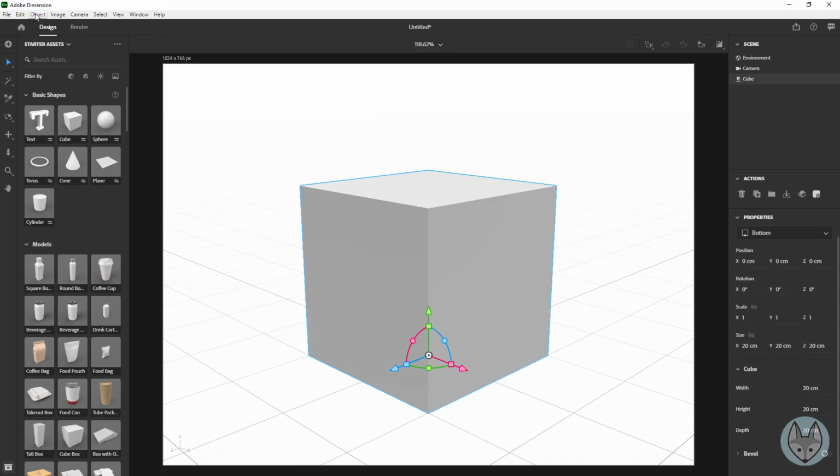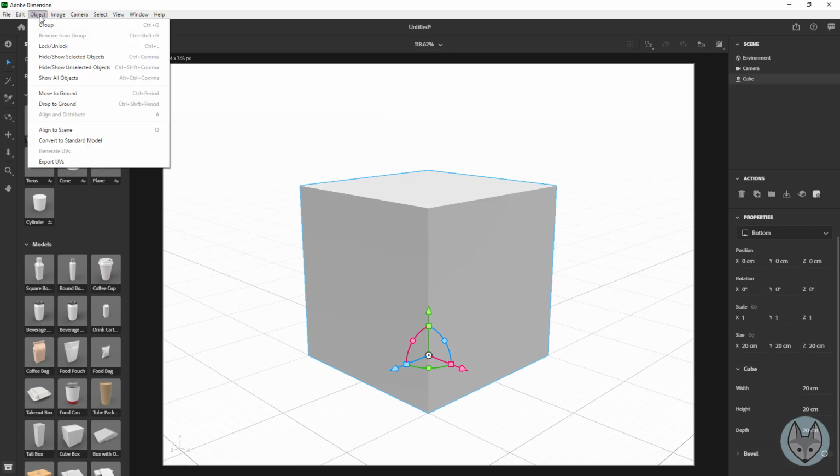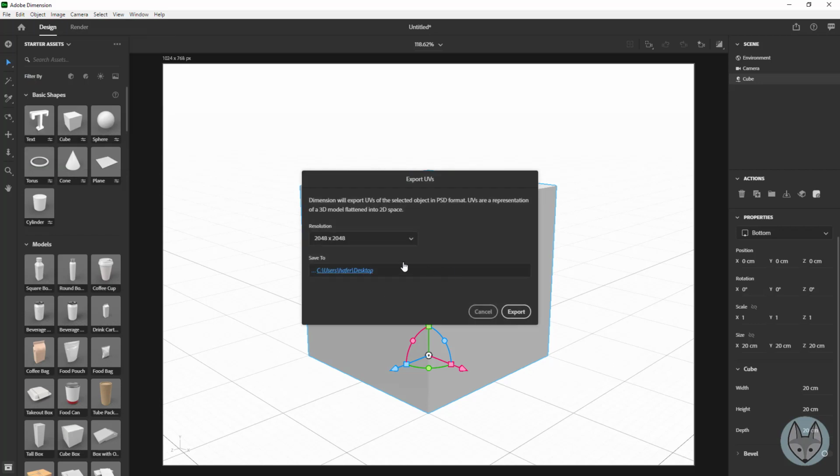So I'm going to come up here to my Object, Export UVs. Click that. It's going to ask where you want to save it and what size you want it to be. For this case, 2048 by 2048 is great. The one thing you want to make sure of is if you go too small,